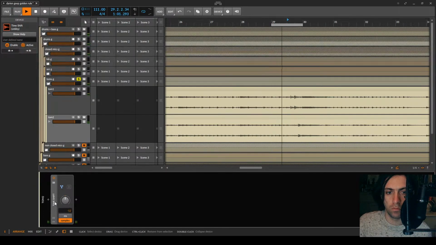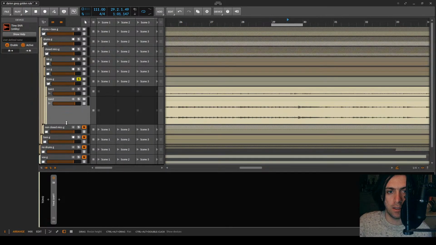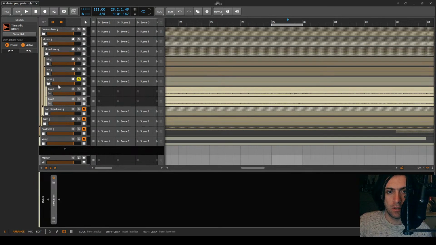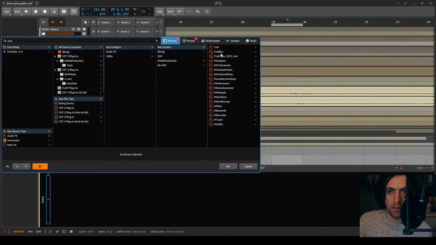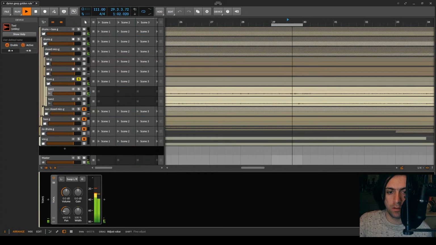Okay, now I got the toms more or less. While I'm here, I could already pan them a little bit, because it's going to happen anyway.